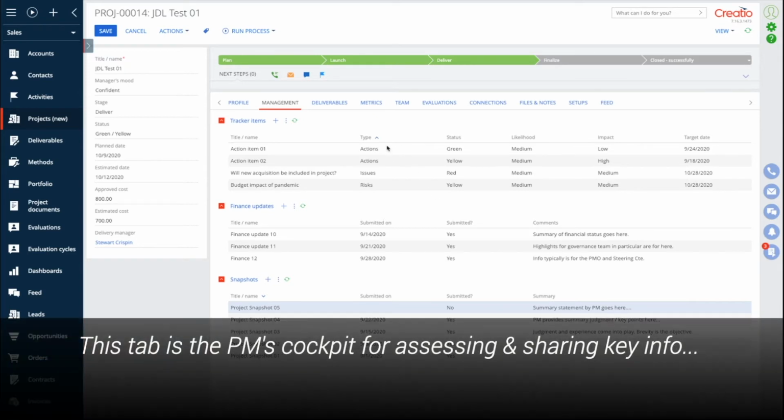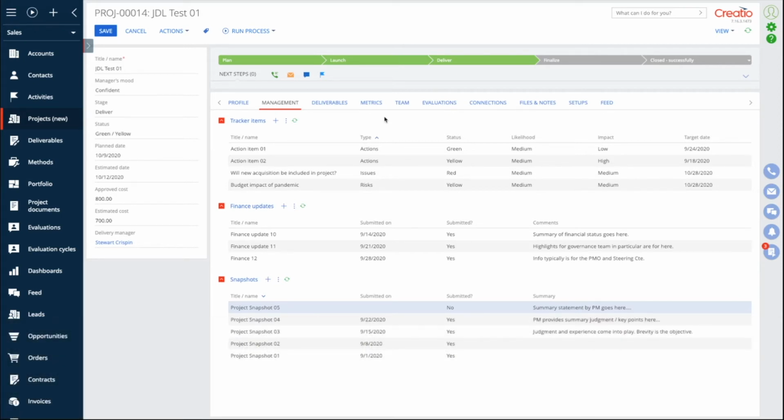So again, this is the main workspace, simple, straightforward, and yet powerful in its impact, in which the PM goes to assign, track the key information, the key actions, the key updates that ultimately determine whether a program or a project will be successful.